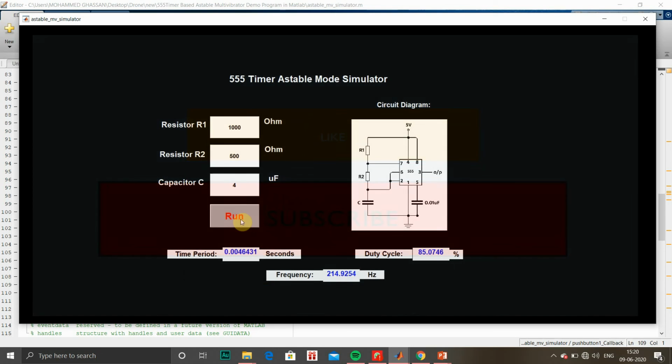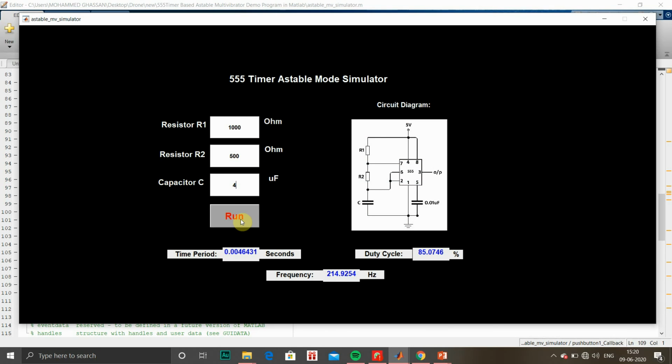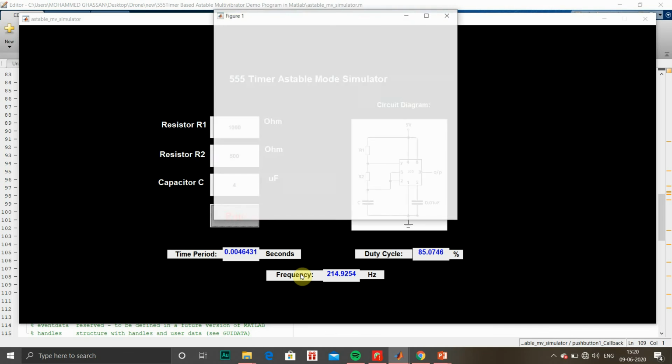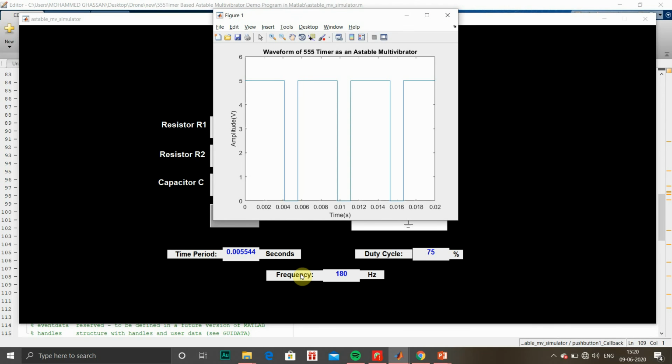After calculation, we can compare with our results. Let us run and see the output waveform. So this is the waveform we have got, and the duty cycle is around 75% and the frequency is 180 Hertz.